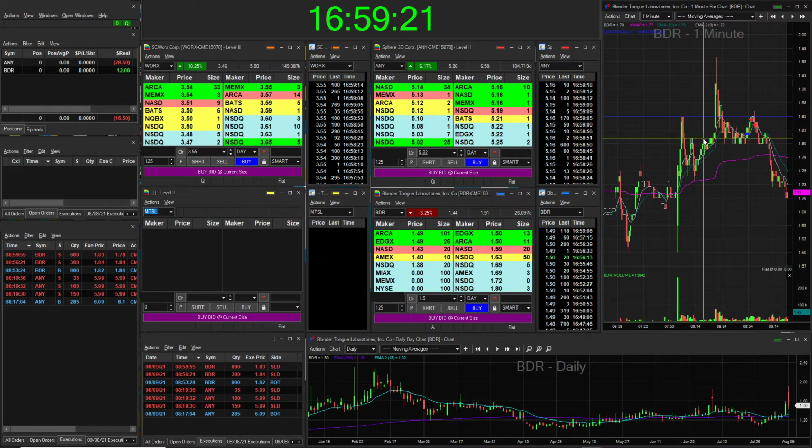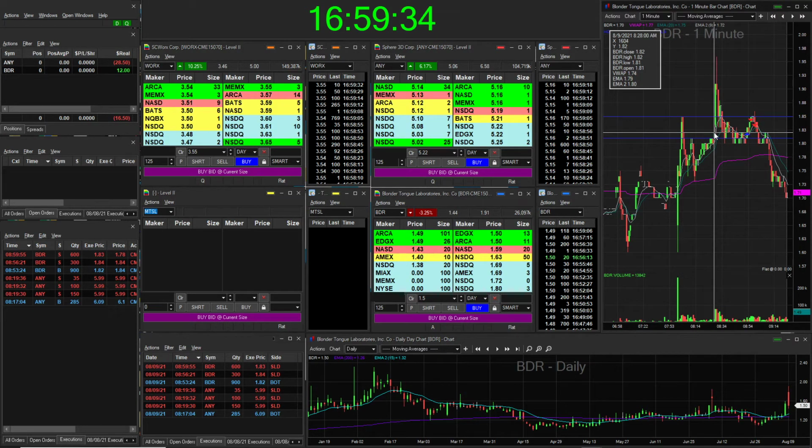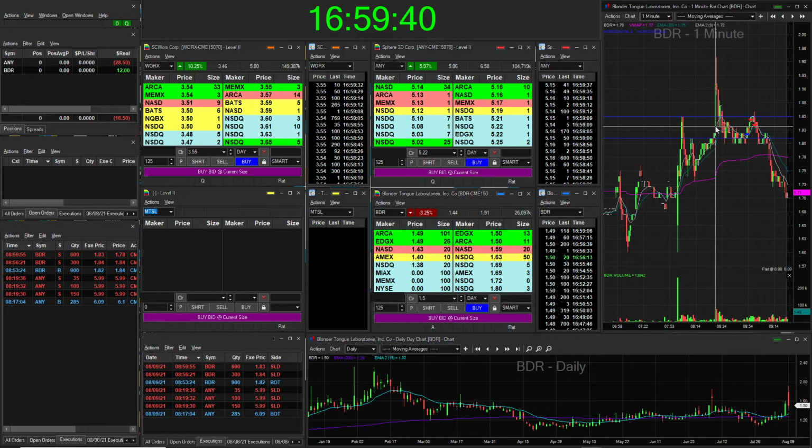I didn't trust 181 at first because it had made this huge 5 cent, 6 cent dip the last time I touched 181. So I wanted to make sure it held 181 first. After this candle though, it jumped up a whole cent, and from there, it opened at